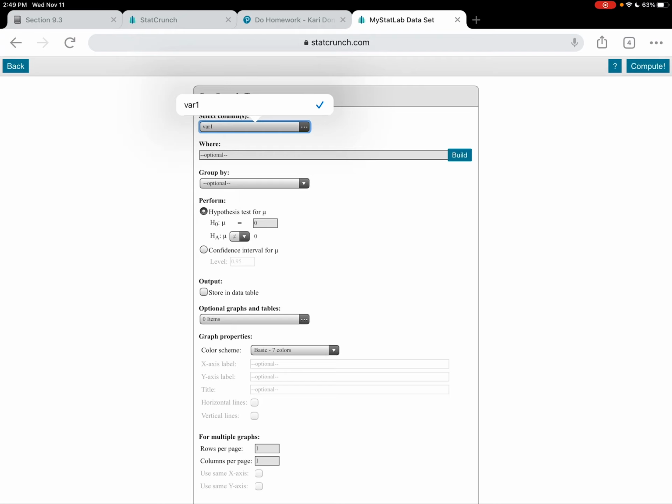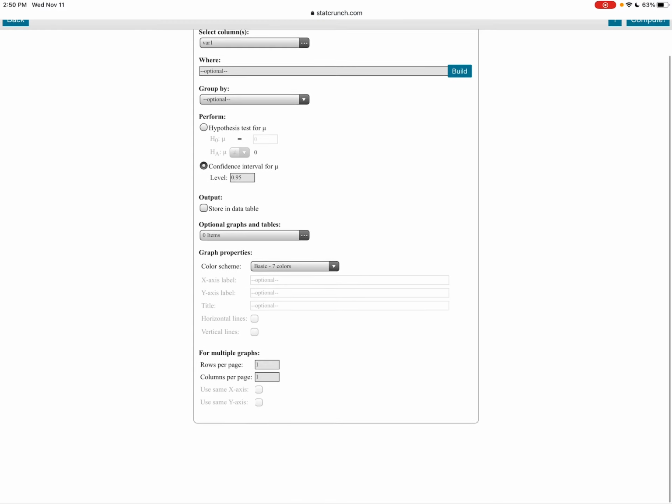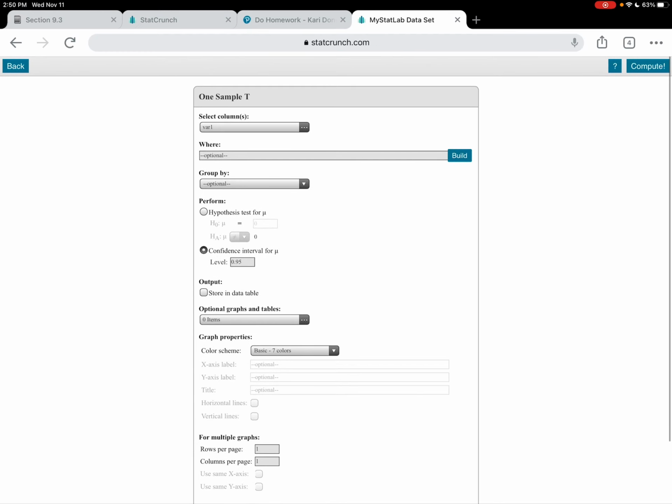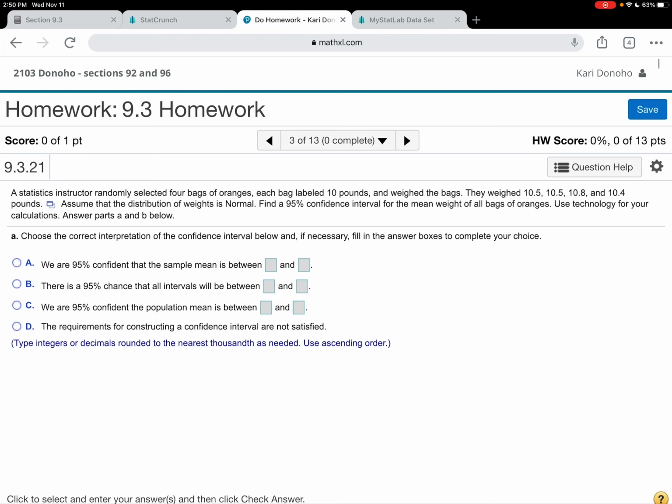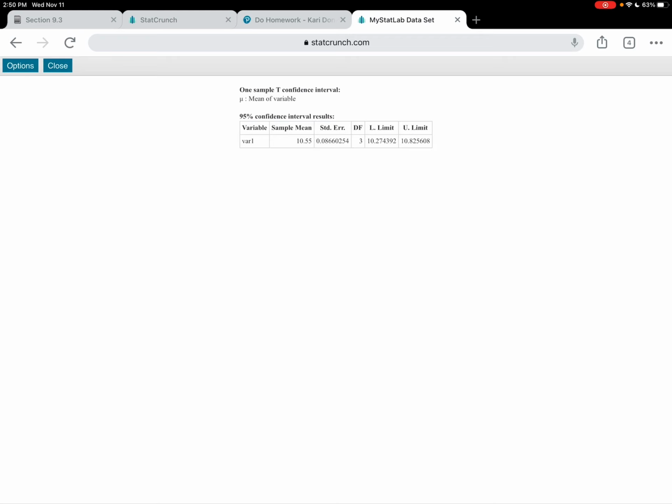You just choose the column that you're talking about, choose your confidence interval here, and we wanted a 95% level. That was what we wanted. And I don't need any of that other information, just compute, and there it will find it for you. So it looks like our lower limit, on this question in particular, it wants it to the nearest thousandth, so 3 decimal places. So this one would be